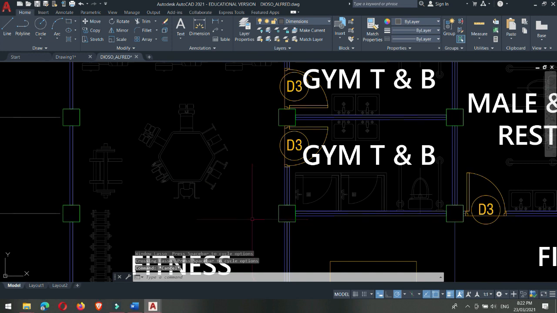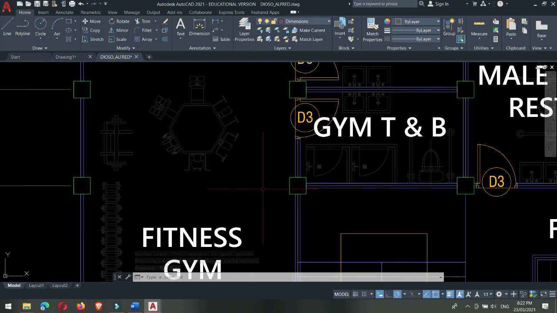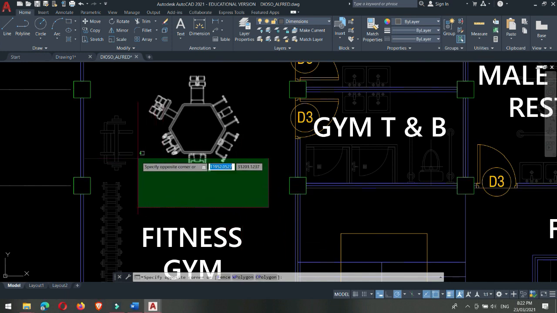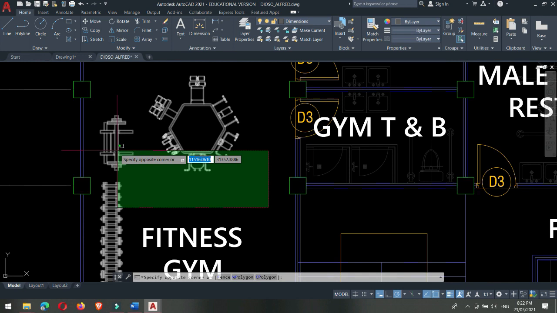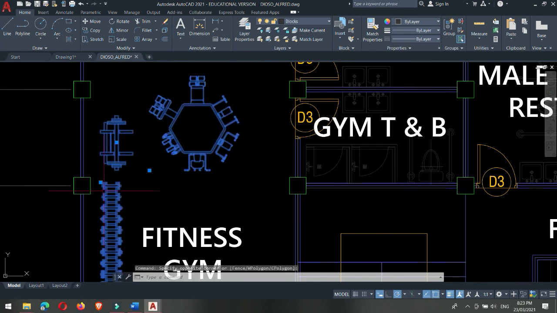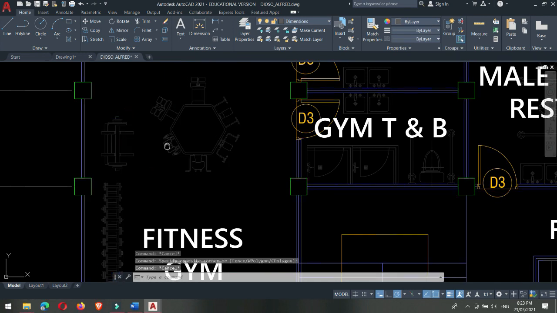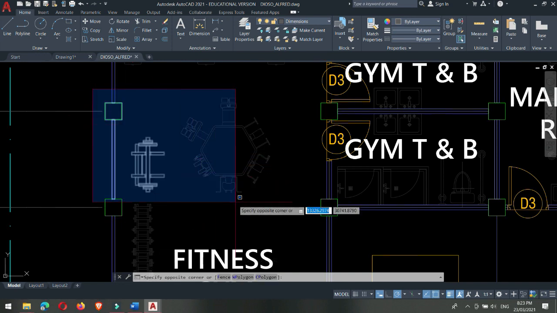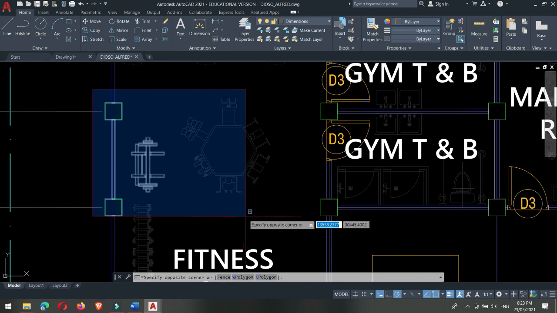For the first demonstration, if I use the first method, if I left click here and drag my mouse, everything that the rectangle, particularly the green rectangle, touches the entities inside here, will be selected. I'm gonna left click here and see that this one, and this one is selected. Escape. Alright, for the second method, if I left click above and drag my mouse down with this blue rectangle,